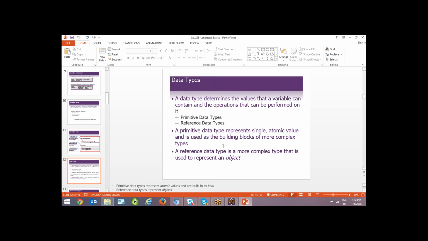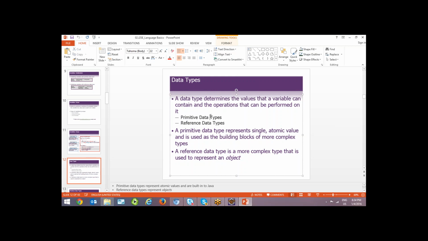Coming to the very basic thing called data types. Data is nothing but the raw values we give as an input to a program. In object-oriented programming languages, data has two types. One is primitive data types, which are supplied by the language, and reference data types, which are called classes and objects.